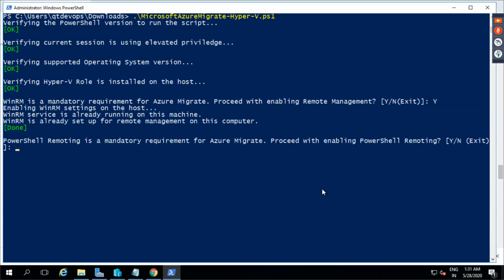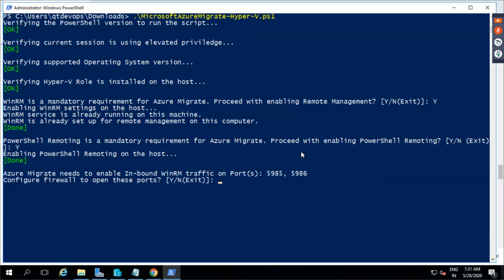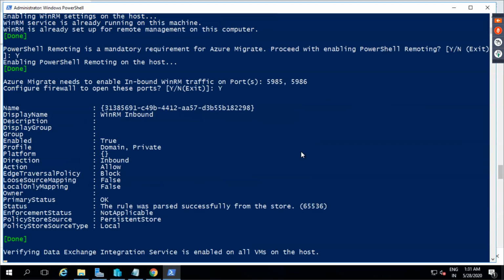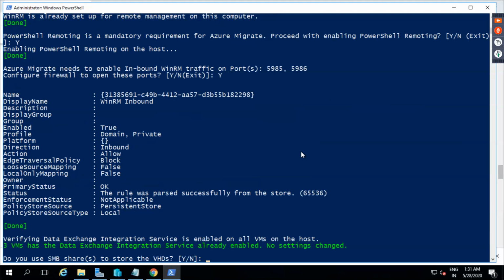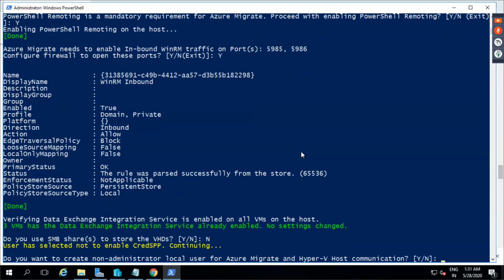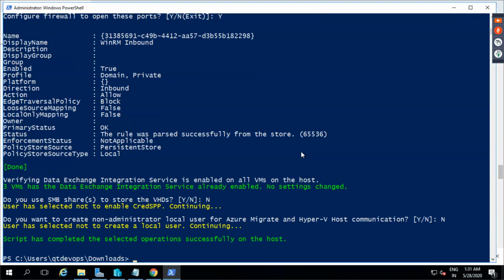Yes, I want to enable. Okay. PowerShell remoting is mandatory. Yes, I want to. Okay. Do you want to configure the firewall to open all the ports? Yes. Do you have SMBs? No, I don't have SMBs. Do you want to create a non-administrator local user? I'll say no, I don't want to. That's it. Am I clear on this?